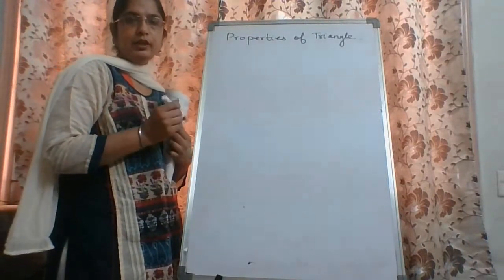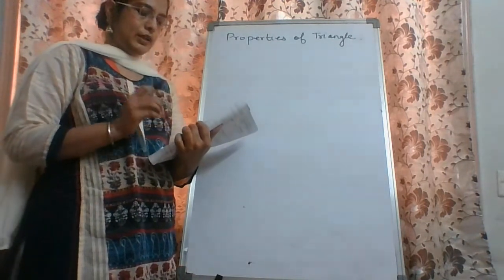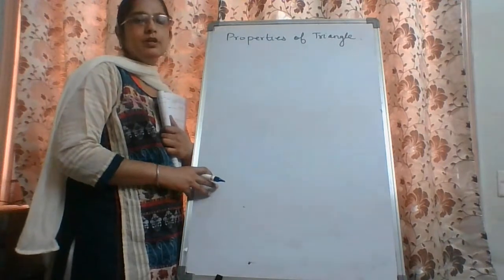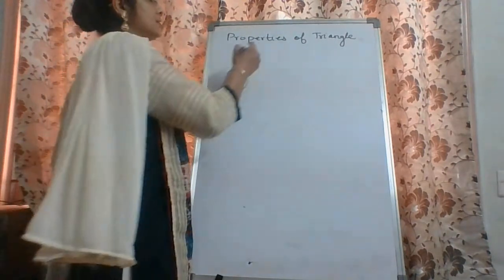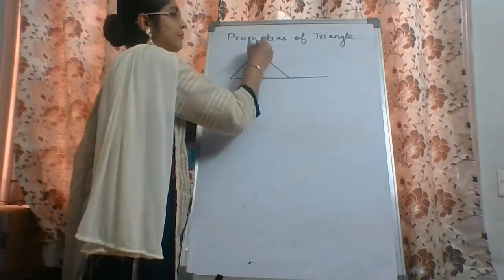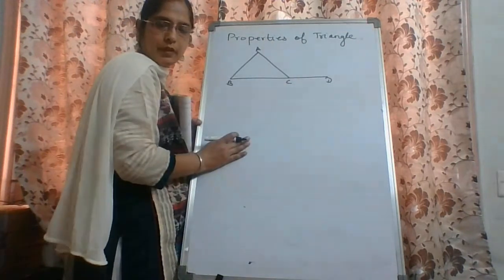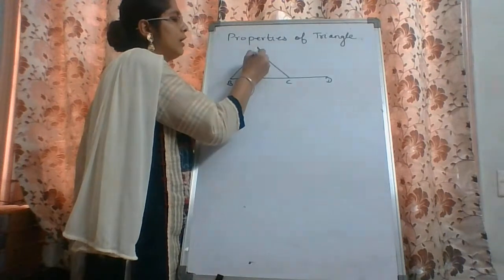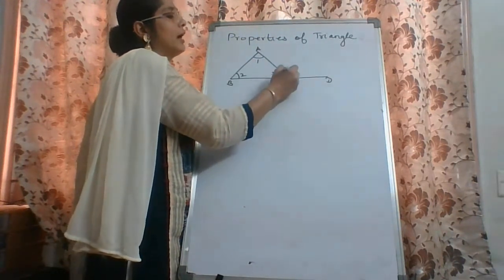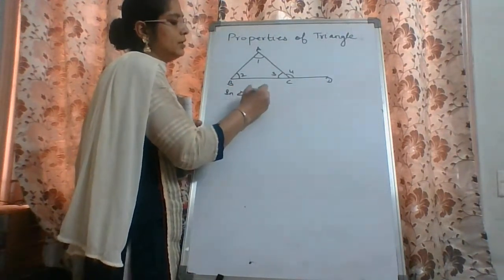Good morning, everyone. Continuing with properties of triangle, let us prove exterior angle of a triangle is equal to sum of the other two opposite interior angles. Suppose this is a triangle ABC. BC is extended to D. Now here, let us name the angles as 1, 2, 3, and this is 4. In triangle ABC,